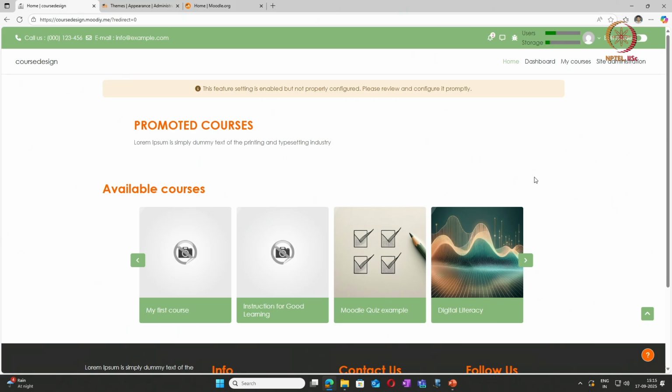So one has to keep in mind that when we are using a particular version of Moodle in one site, and if we are migrating it to another site, then we need not panic. The features will be available in all the Moodle sites, only the placement of those things will be different.